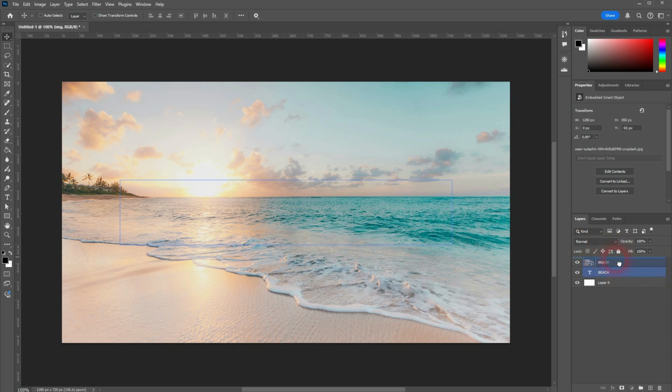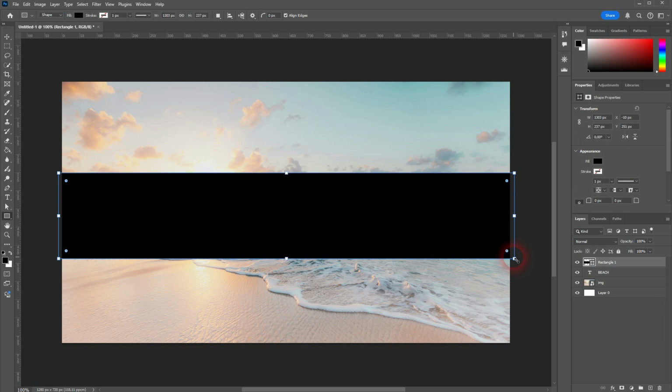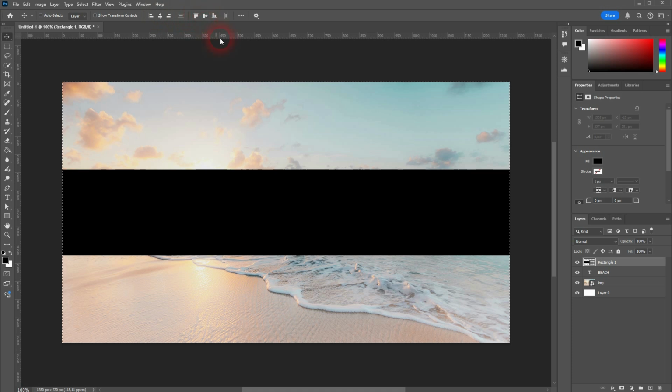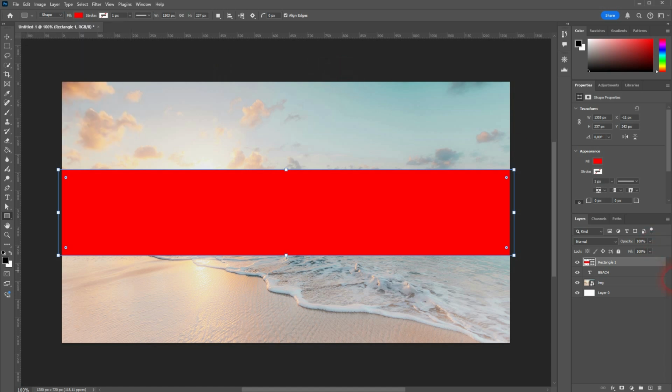Once that is done, we're going to create a rectangle. So use the rectangle tool, left click drag. Color doesn't really play a role at this step, but the position. So I'll press Ctrl A again, use the move tool and put it in center. But let me give this a red color so that we can see the black text that I put on